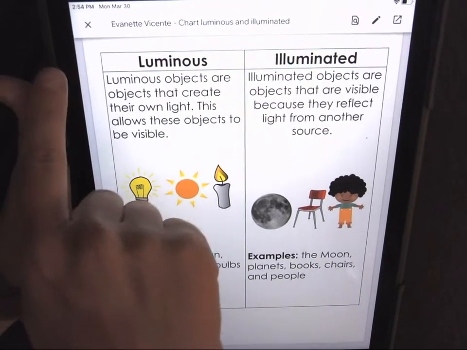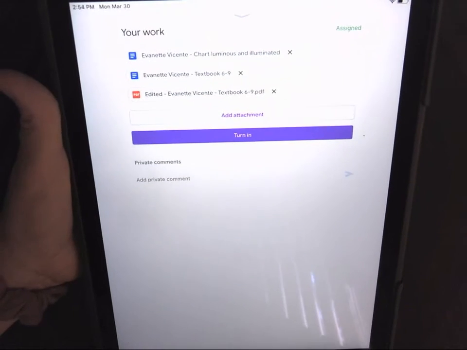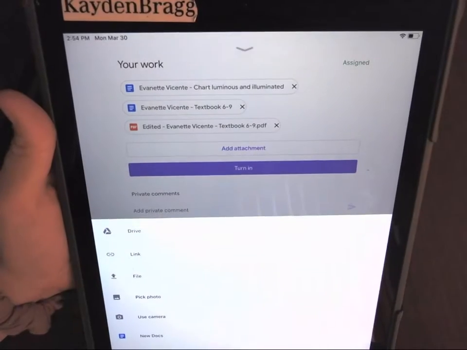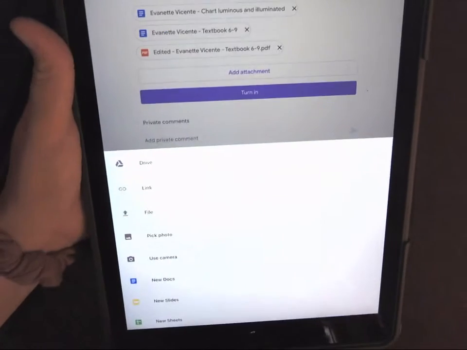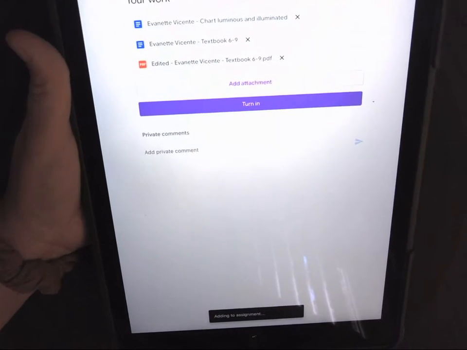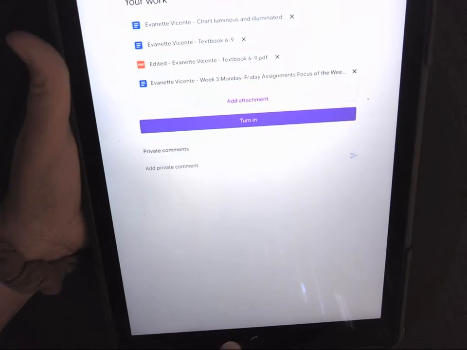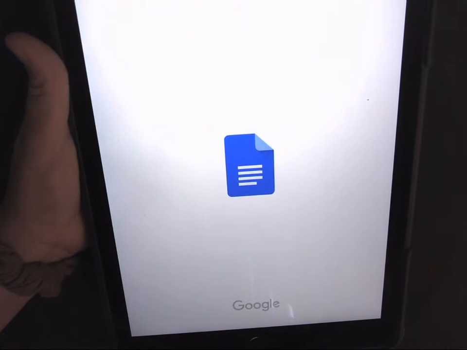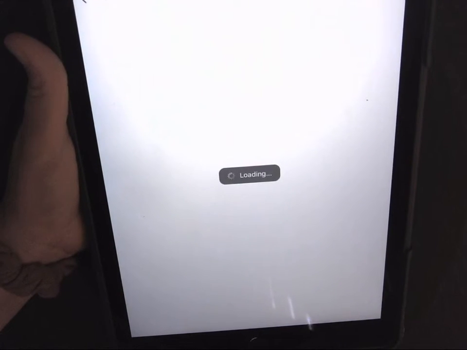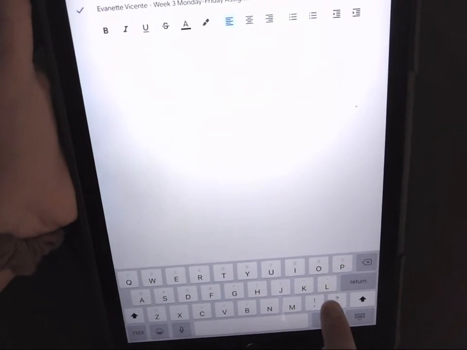Now we have to create our own list. So hit the little X, we're going to click Add Attachment. And I think the easiest way to do this is to create a new doc. And you can see that it's adding that. I'll pull it up there. Okay, I guess it's ready and I need to write. There we go. Okay, so luminous,